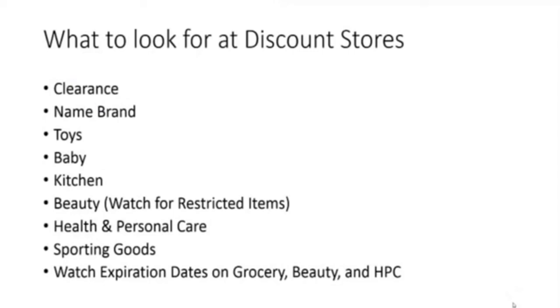What do I look for when I go into discount stores? First, I'm looking at each department has its own clearance. So I'm going to go to the clearance of, say, the toys first. I'm going to look at the toys. I'm going to look for the name brands. I'm going to check the prices. Then I'm going